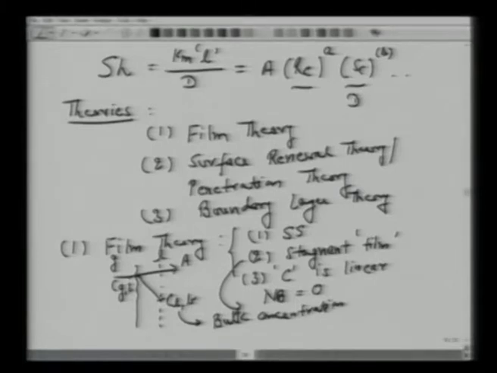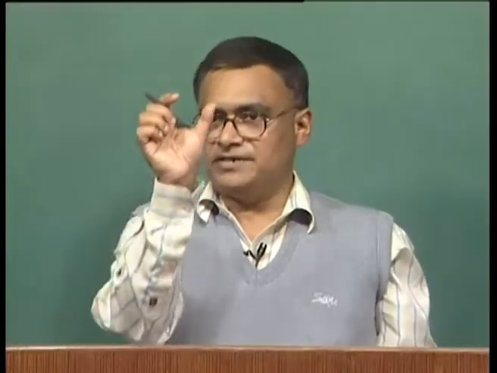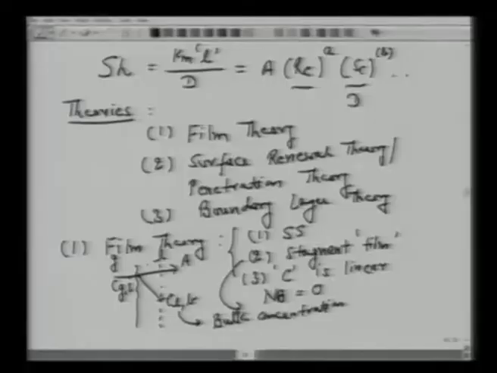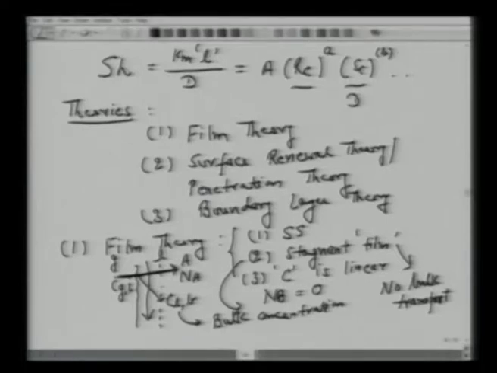All right. So what this theory says, physically, is that if you have an interface of gas and liquid and some species diffuses, say sulfur dioxide from air into water, then we have a hypothetical film. This film is stagnant. There can be a flow parallel to the interface, that's possible, but in the direction of the diffusion flux of A, there is no bulk transport. So a stagnant film means no bulk transport. So the first main postulate here is that there is a steady state.